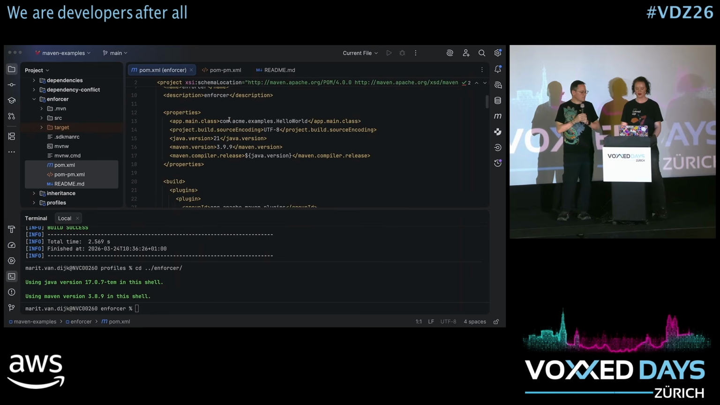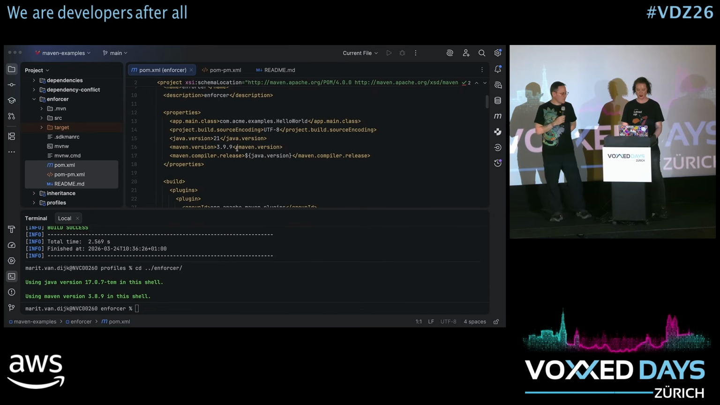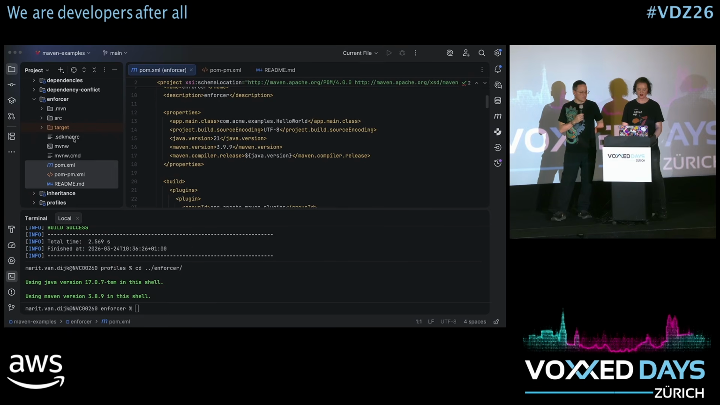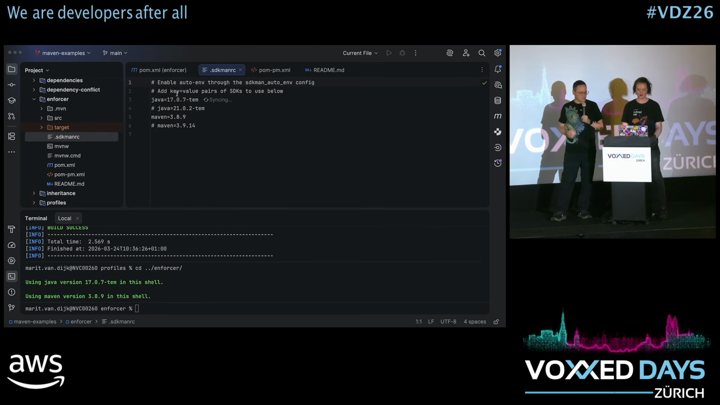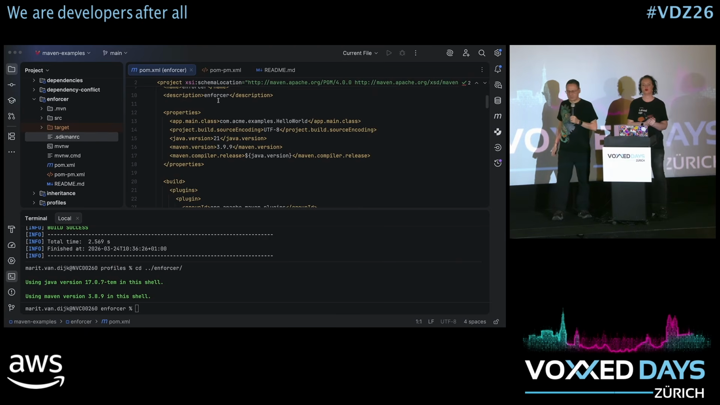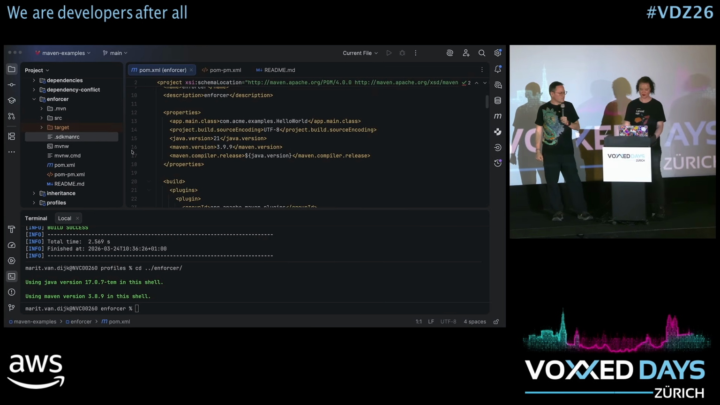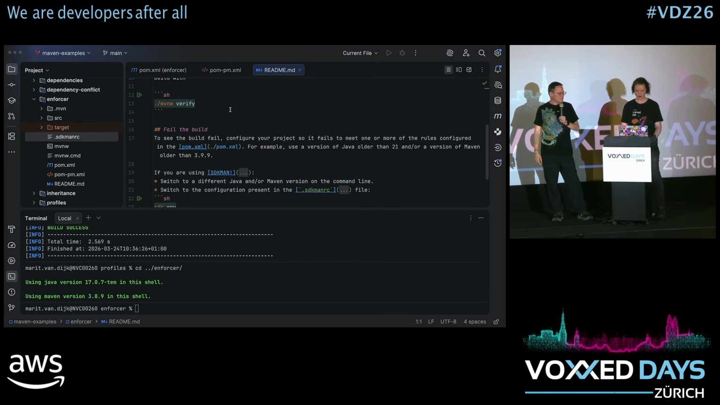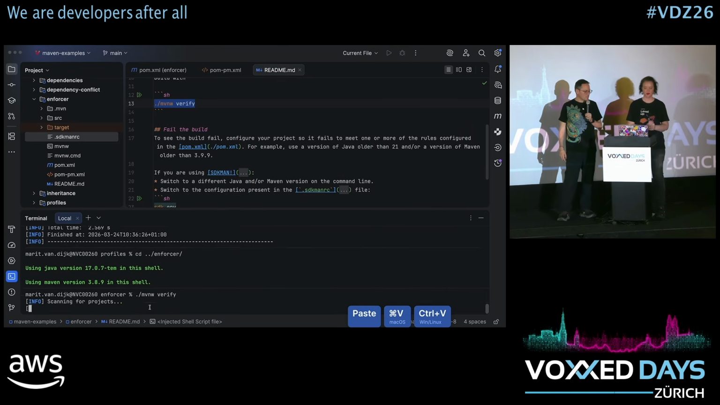Yes, and so in this case, we've defined that we want to run with Java 21 and Maven 3.9.9, but I'm actually using SDKMAN, an SDKMAN RC file to set Java to 17 and Maven to an older version. And I've configured my SDKMAN to automatically apply this. So that's why you see that we're now using Java 17 and Maven 3.8.9 in this shell, so that when we run this project with the Enforcer plugin, we expect it to fail,